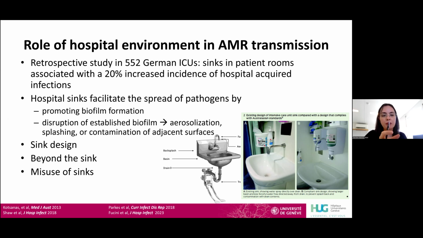For example, plastic pipes are more favorable to biofilm formation than copper. Fluctuations in the water pressure are also associated with increased risk of biofilm formation, and so is misuse of the sink. When patient fluids or organic material are disposed into the sinks, this